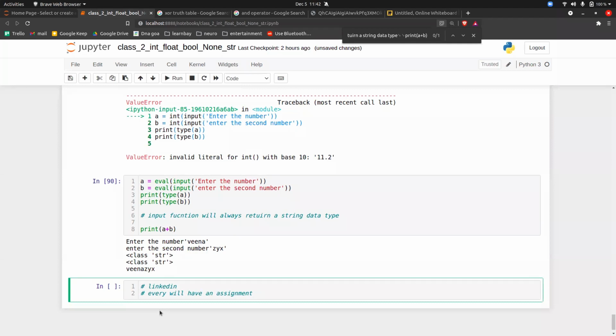For example, today, Monday, I have completed 2 days of classes. So from Monday to Friday, you have to do the assignment, and on Saturday and Sunday, you have to submit the assignment. Is that clear to everyone?